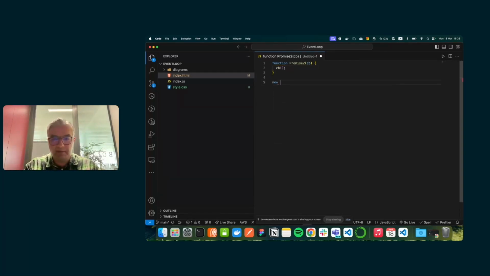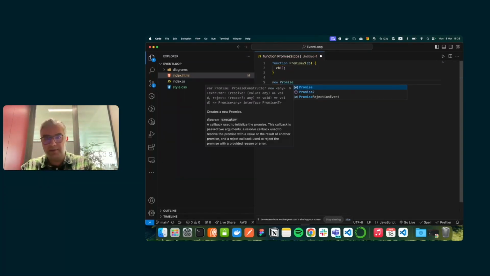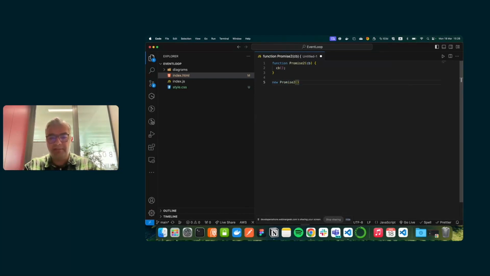So if I run promise2 and pass an anonymous function to it, log here, and if I put a log here as well, and this one body again, what does it log?